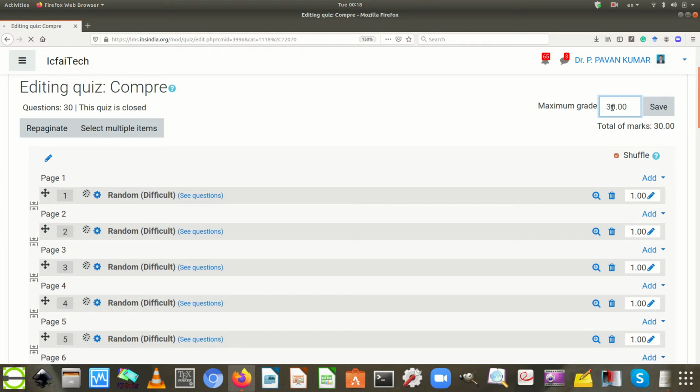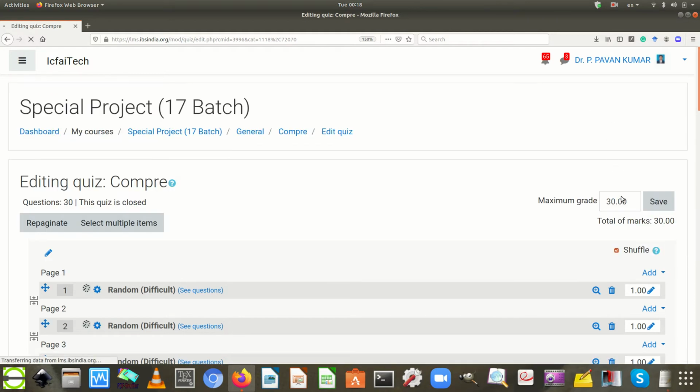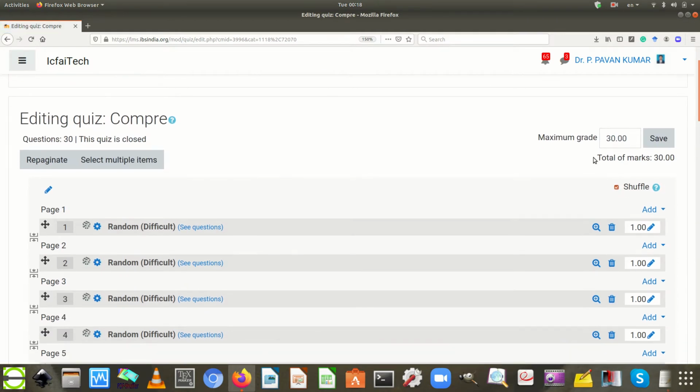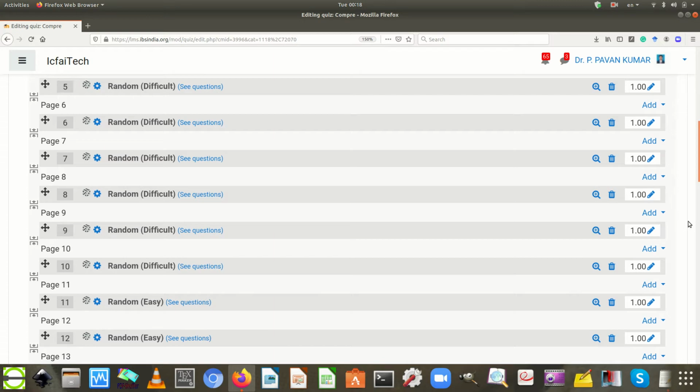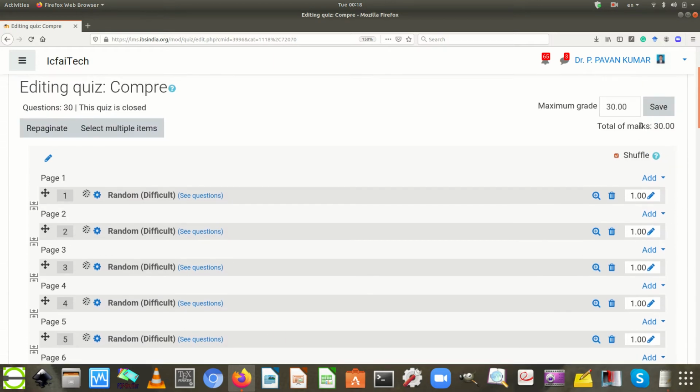So the maximum grade for this quiz will be 30. And the point here is every question has an equal weightage. So 30 questions, 30 marks, and the maximum grade is also 30. So these two are matching.